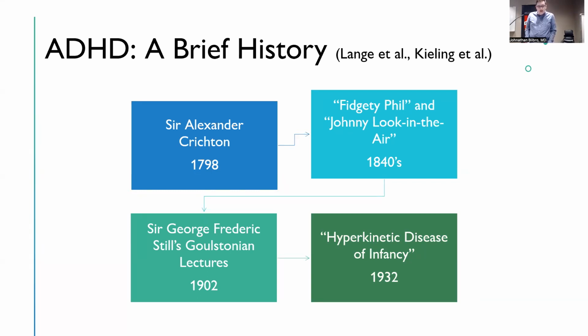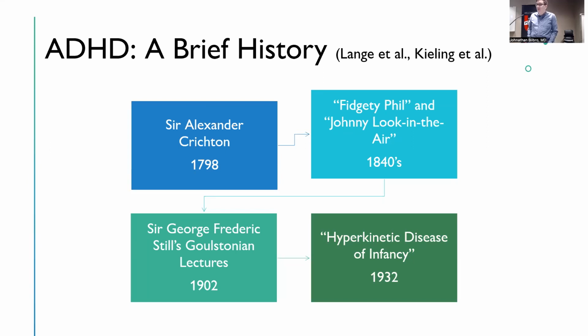And he described a condition that was more common in boys, began in early childhood, and was characterized by inattention and impulsive symptoms. And then he also included within this symptoms that were characteristic of what we today would consider things like ODD, conduct disorder, learning disabilities, and even antisocial personality disorder. So again, what he described probably wasn't exactly ADHD,